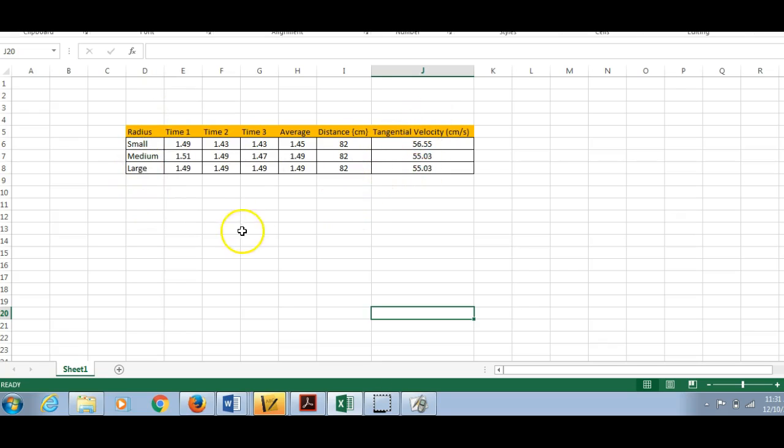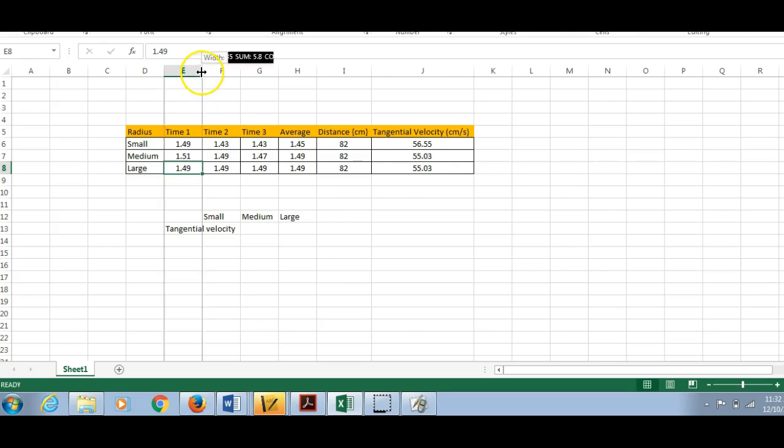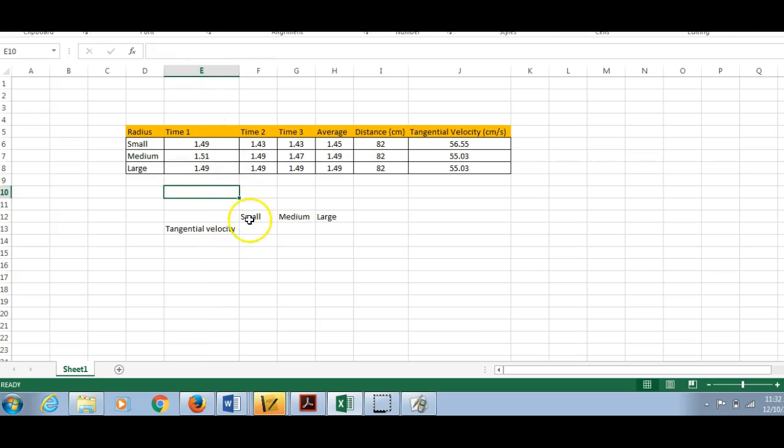Okay, so if we set it up a little differently, because you think of a bar graph, you're going to have something down below and something going up. So we're going to kind of set it up that way. So we're going to go small, medium, and large. And then over here, this is going to be the velocity, tangential velocity. Okay, and we'll just make that bigger here. Kind of messes that up, but that's fine. And then, so then we put it in